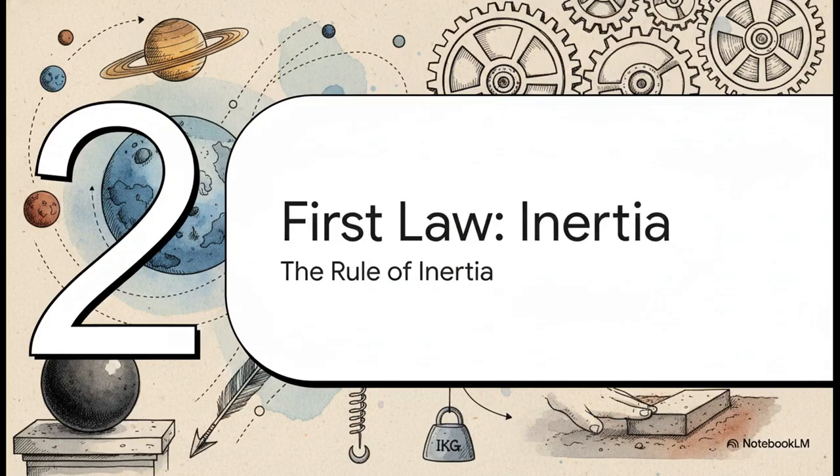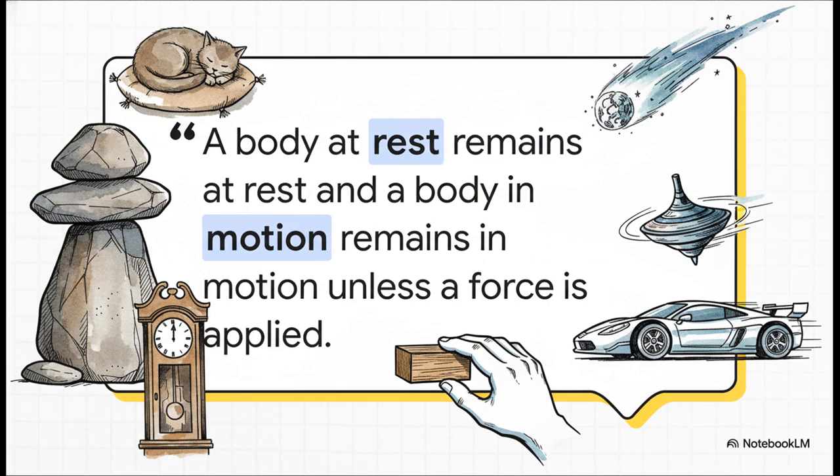Okay, so now that we know what a force is, let's talk about what happens when there isn't one. And that brings us to Newton's first law. You can think of it as the universe's default setting, or my personal favorite, the law of just keep doing what you're doing. In other words, things are lazy. They're perfectly happy to just stay still if they're already still. And if they're moving, they'll just keep moving in a perfectly straight line at the same speed forever. Nothing ever changes unless some outside force comes along and gives it a push or a pull.